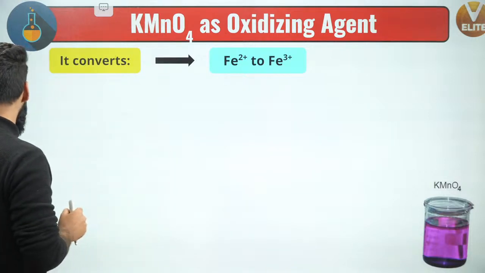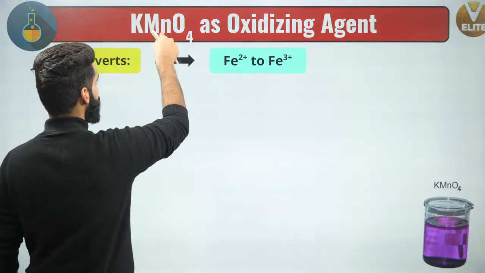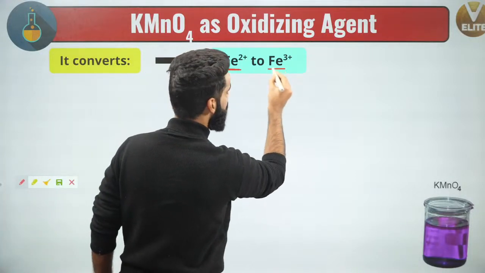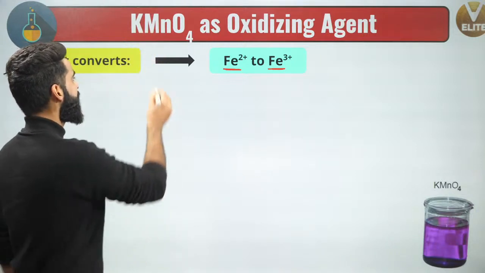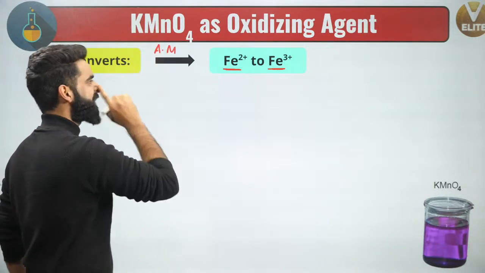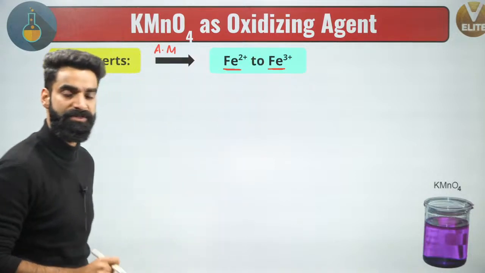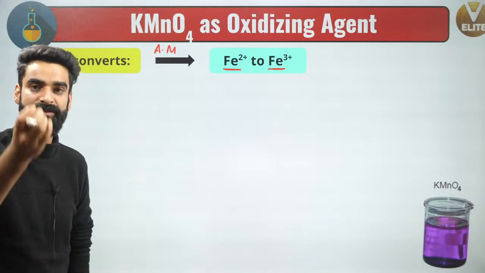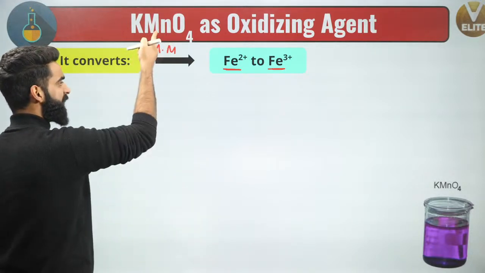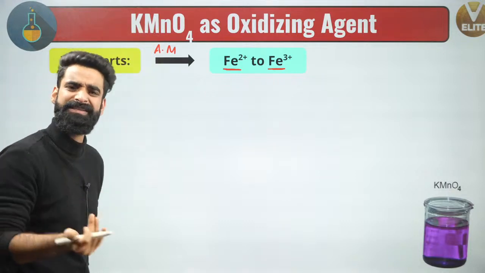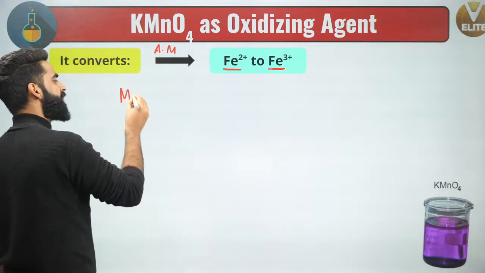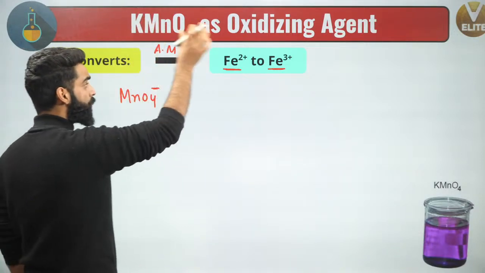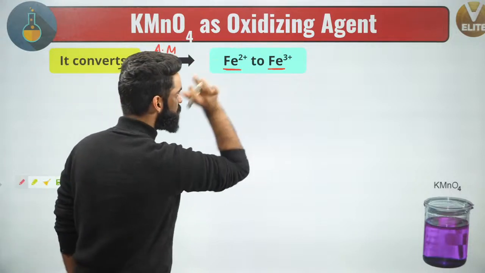Remember first thing, this KMnO4 in acidic medium converts Fe dipositive to Fe tripositive. And people, see how I'll be writing the reaction, and you will love to write these types of reactions. Very simple. See, I told you your KMnO4, or you can write it as MnO4 negative, one and the same thing, okay? I'm writing MnO4 negative instead of KMnO4, yes? MnO4 negative is a strong oxidizing agent. It converts Fe dipositive to Fe tripositive.